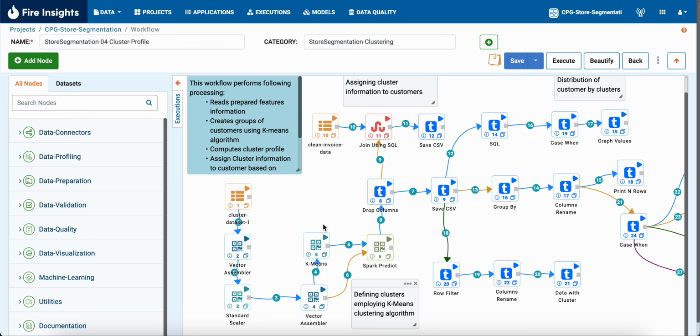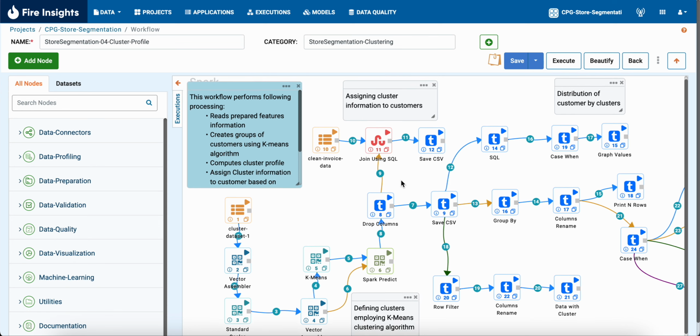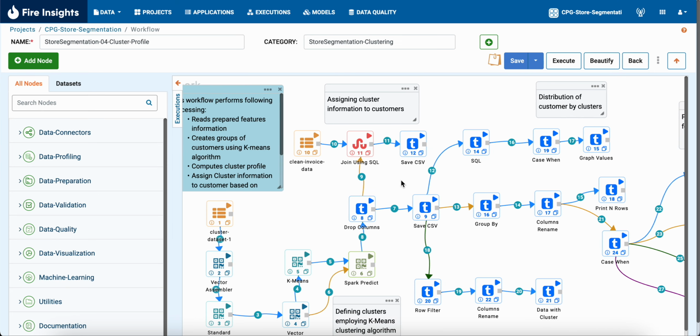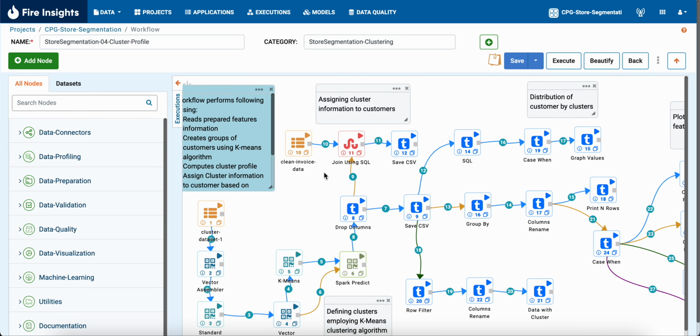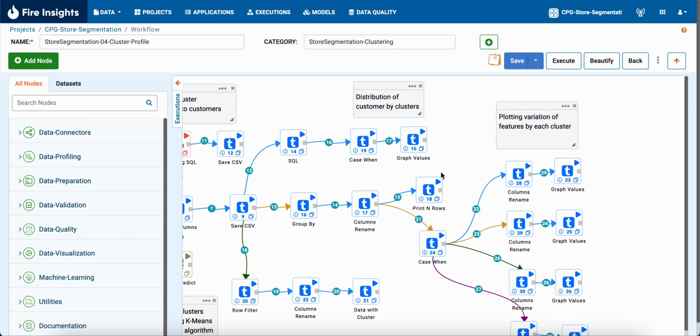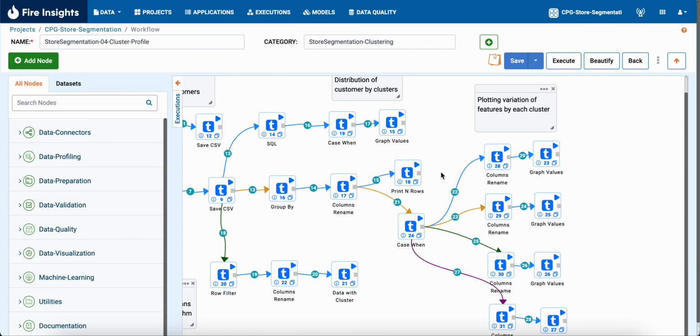Finally, we will use our Spark predict node to actually create the cluster labels, and then we will drop the unnecessary columns. At this point, we are done with modeling. However, this will be difficult to interpret if we don't add context to our clusters. To do this, we will use the join using SQL node and bring in our clean invoice data. This will provide context to the clusters and give us the ability to analyze the clusters directly in the same